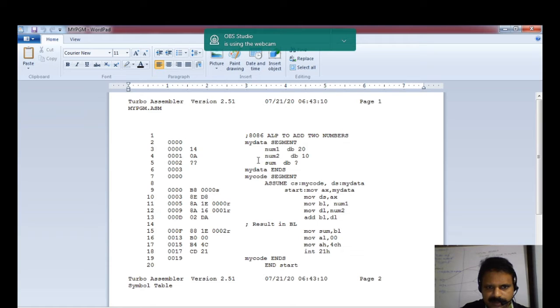The next variable is sum, its address is 0002. Then coming to the code segment, the address of the first instruction is 0000, and for the next instruction we have the address 0003. So these are the addresses assigned to the instruction and data at the time of translation.